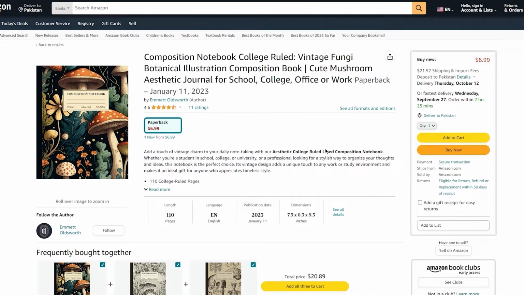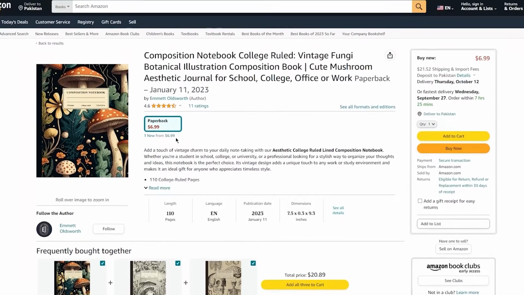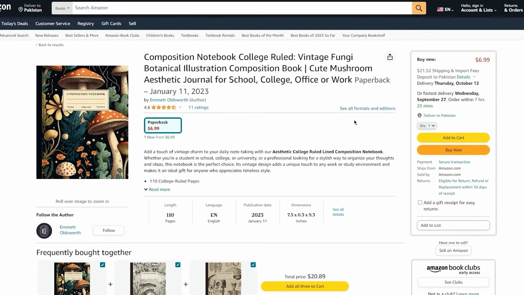And as I said, you only have to create the book once, and after that, you can just create different covers, okay? Just as this person, Emmett Oldsworth, has done. And if you want to, you can check out his page on Amazon yourself, just to get an idea of what I'm actually talking about. And Amazon offers an amazing platform to sell the actual books on,